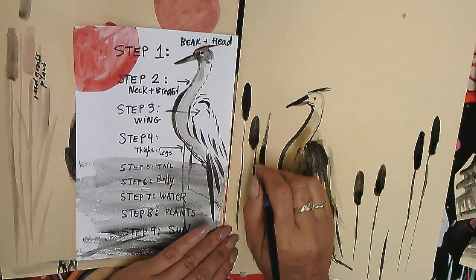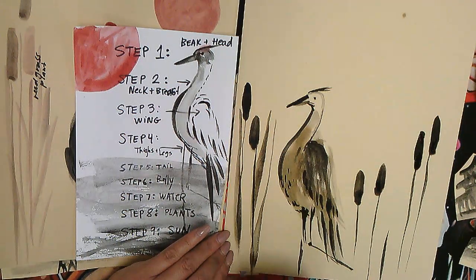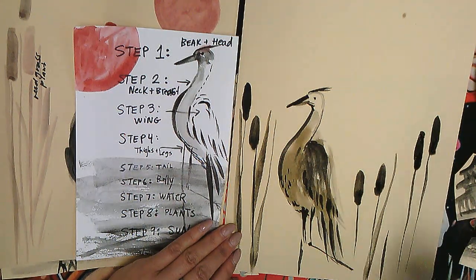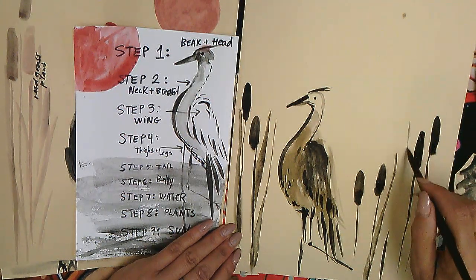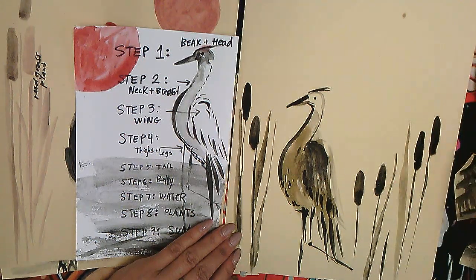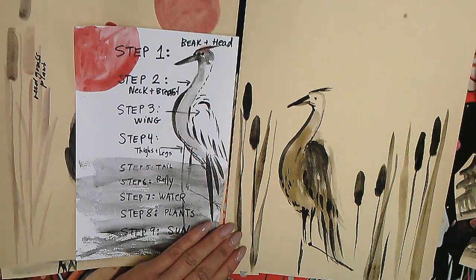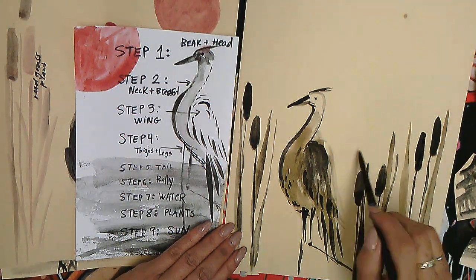So I touch and I push down, I touch and I push down, touch and I push down, touch, push down. Reload your brush so you have enough water, and you're barely touching, you're making a skinny line, then you're pushing down, skinny line and pushing down, skinny line and pushing down, skinny line and pushing down. Okay,